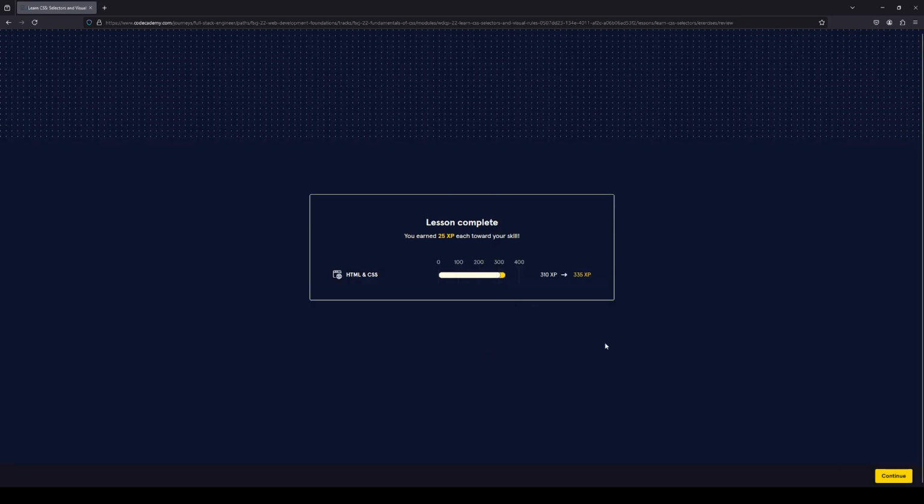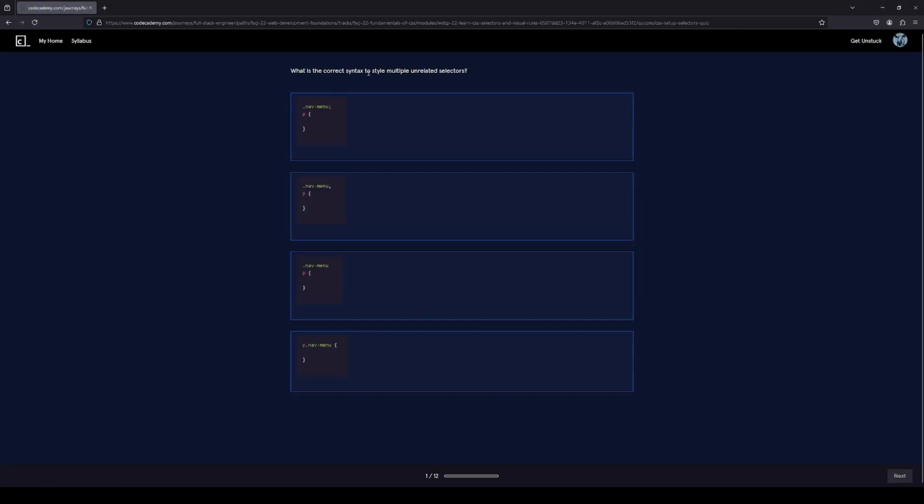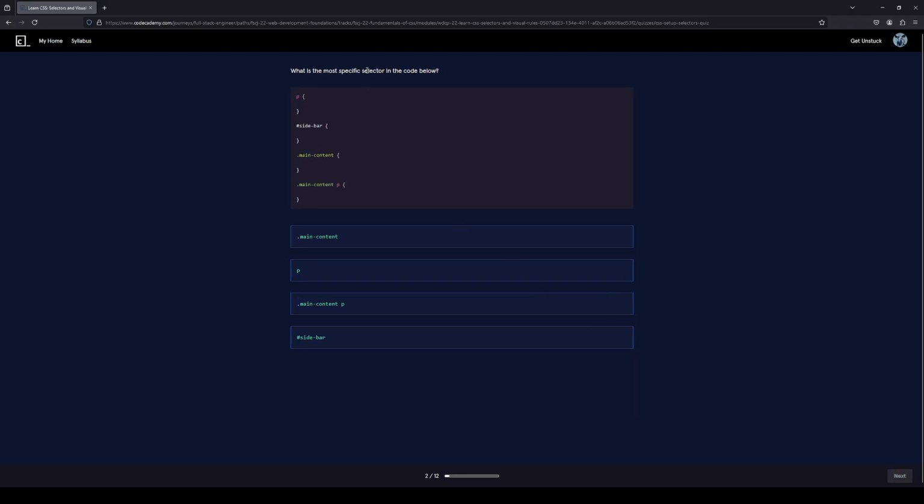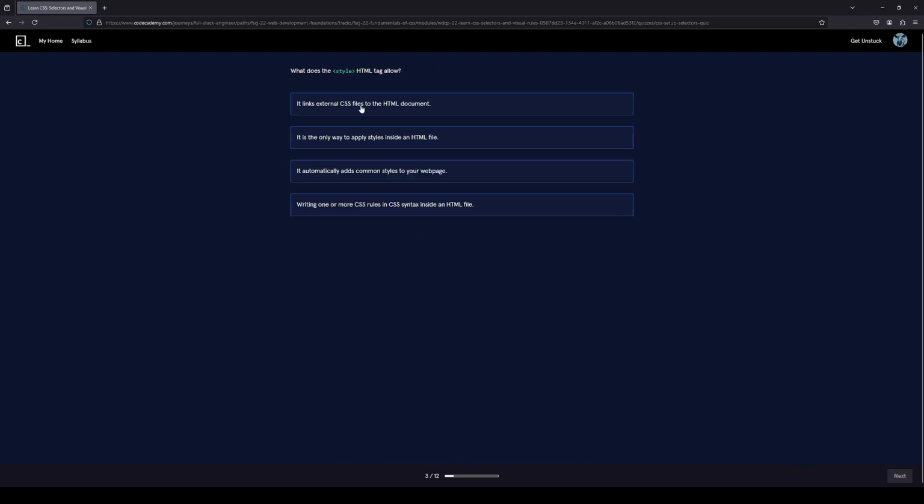All right, let's do this quiz. What is the correct syntax to style multiple unrelated selectors? What is the most specific selector in the code below? Should be sidebar because that's an ID. What does the style HTML tag allow? It links external CSS files to the HTML document. It is the only way to apply styles inside an HTML file. It automatically adds common styles to your web page. Writing one or more CSS rules and CSS syntax